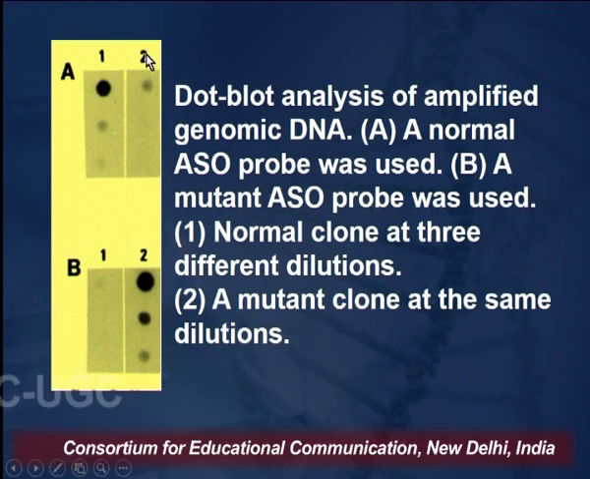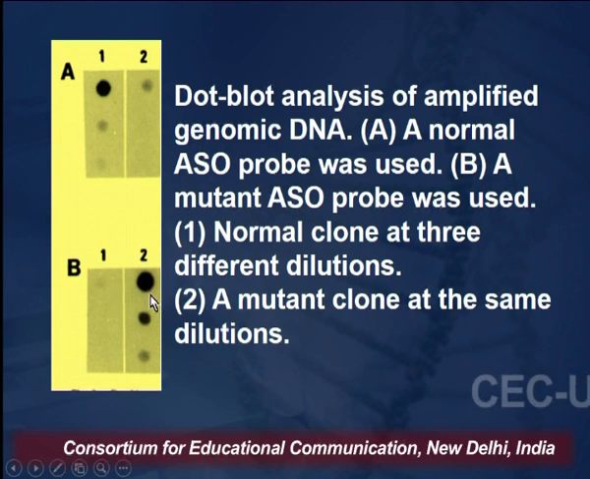Some background signal is also present here at higher concentrations, but a certain signal is present in the normal allele, because the normal ASO probe is going to bind to the normal amplicon, but not to the mutated amplicon. And in this case you are using a mutant ASO probe. So, the mutant ASO probe will not bind to the normal clone, but is going to bind to the mutant alone. So, obviously there is a difference in the signaling and difference in the detection where the probe is binding